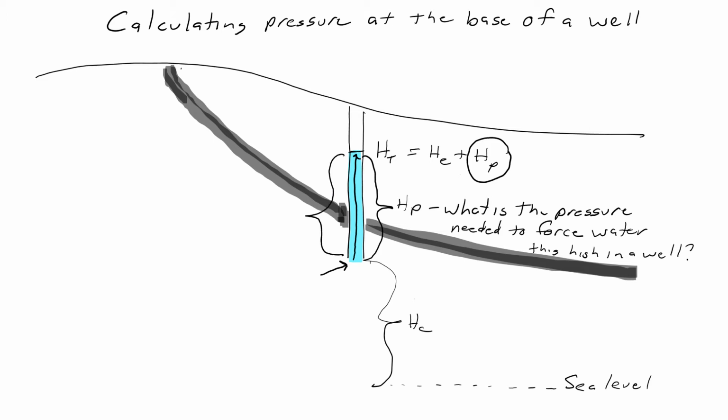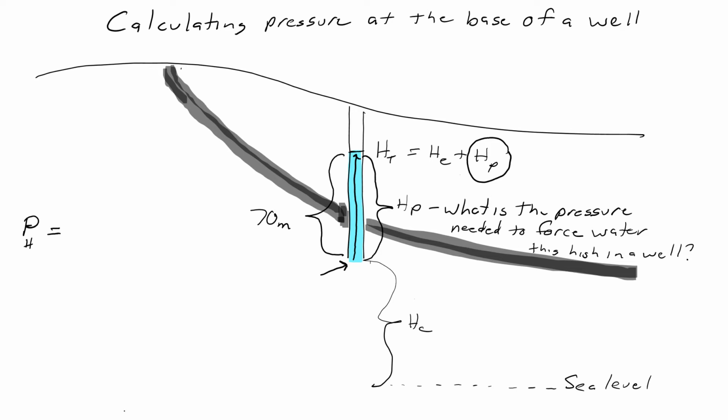In this particular case, let's just put some numbers on it. Let's say that pressure head was 70 meters. So the water rose up 70 meters in the well. How much pressure was required to make the water rise that high? Well, it's actually pretty easy to calculate. It comes from an equation we had earlier